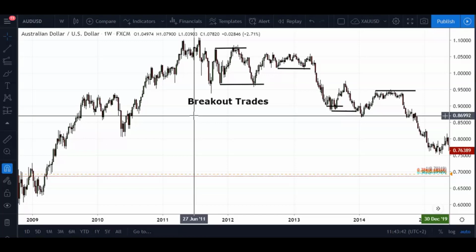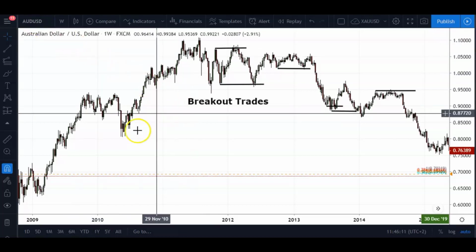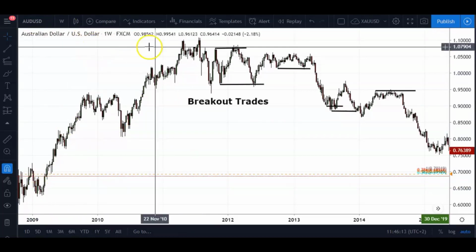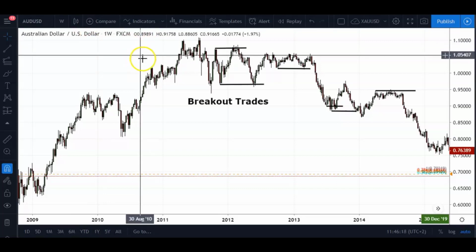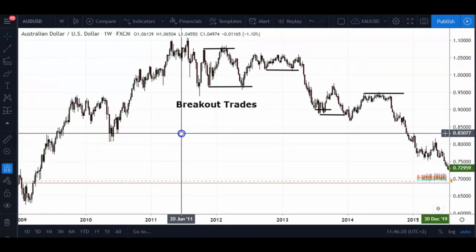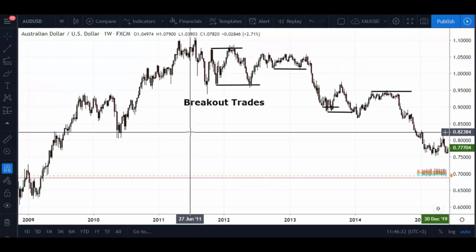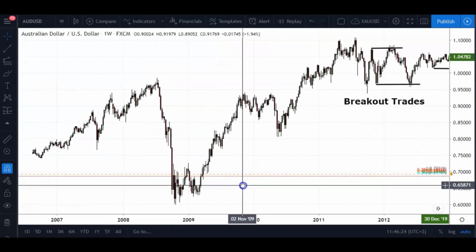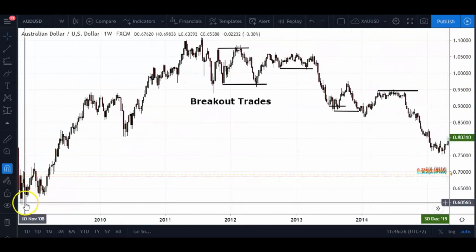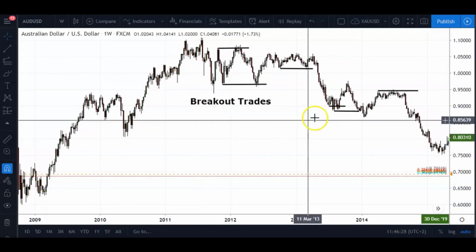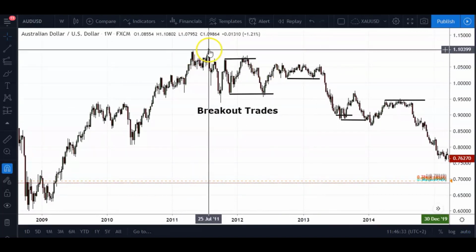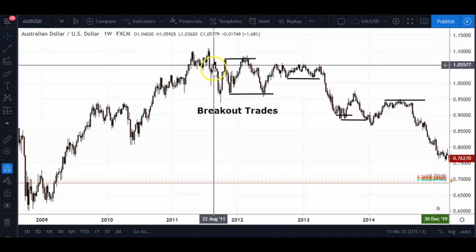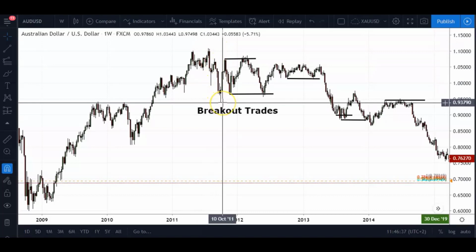Now let's look at a chart of Australian dollar, US dollar, for example, to illustrate these problems. You'll see here my weekly time frame. This could obviously be a daily time frame as well, whichever time frame you might be looking at. I just want to give you a very quick overview of the dangers of taking breakout trades. Since late 2008, price was coming upwards. Whether you were long and hopefully made some money, that would be great, but let's say price corrected lower, and at this stage you would have thought,